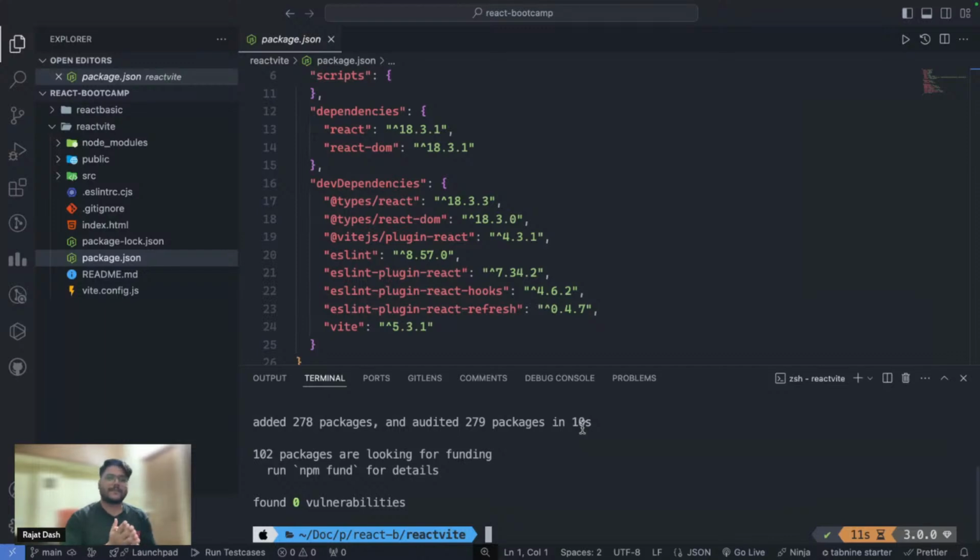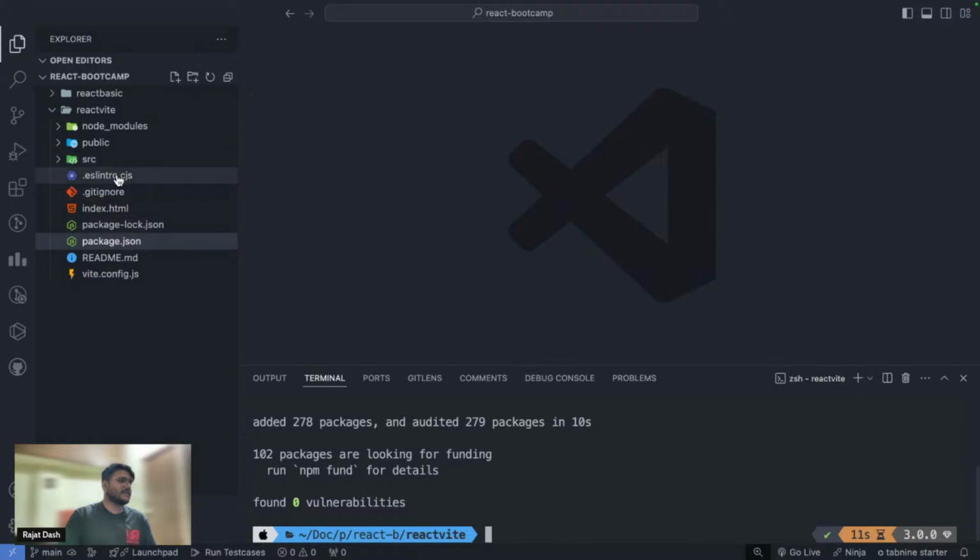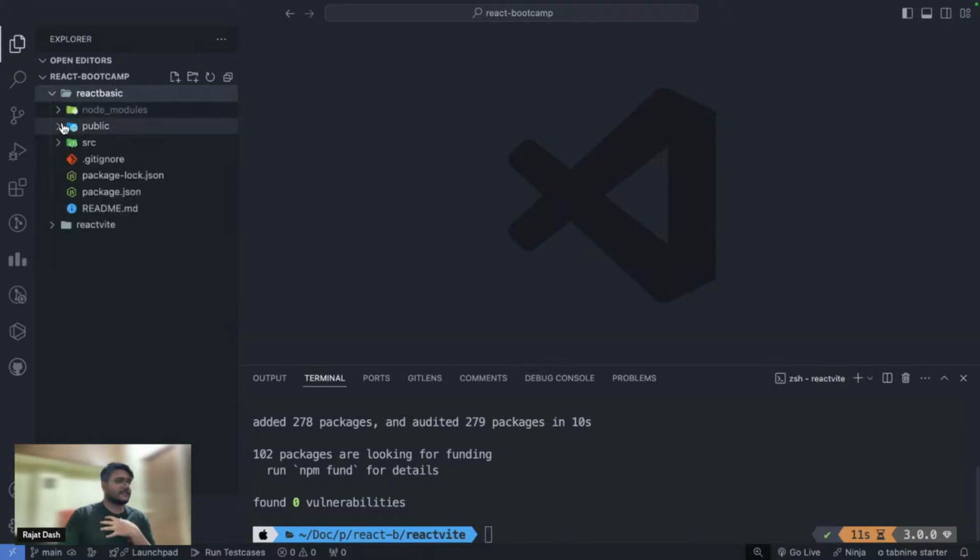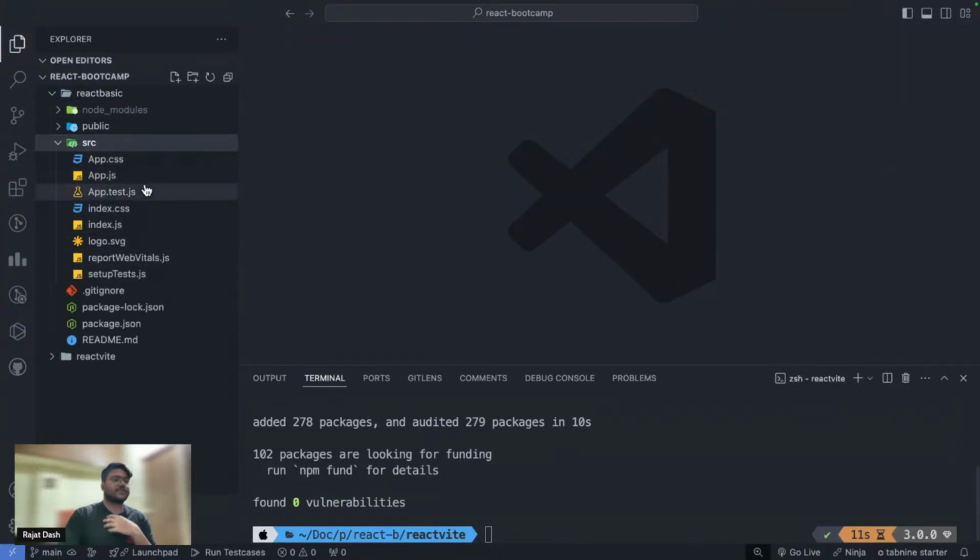You might use Vite, Parcel, or some bundler, or you can directly use a good full-fledged framework like Next.js, Gatsby, or Remix. But for learning purposes, we will be using Vite from our next sessions. And since it is very fast, as you already see, and it gives us the flexibility to install our own packages which we want. Create React App throws all the unnecessary things at us, right? So moving forward with the source folder, I will first make you visit the React basic source folder to make you understand what is required and what is not.